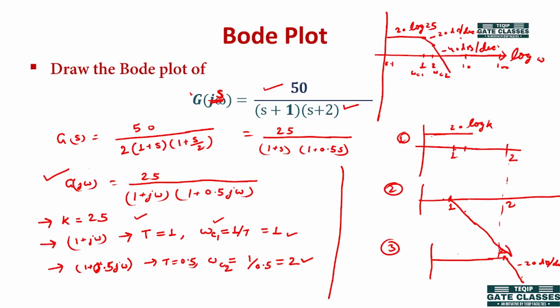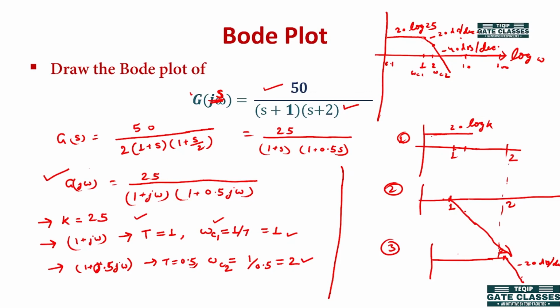Okay, understood? So what we have done, we have first drawn all those factors, we have first taken what factors our transfer function is having. So once we have drawn the transfer function for the constant, then for one pole of first order and then for the second pole of first order, then we simply add all those slopes. Till one point we do not have any slope and we have a constant value of 20 log k. So from the starting 0.1 to 1 we have 20 log 25.